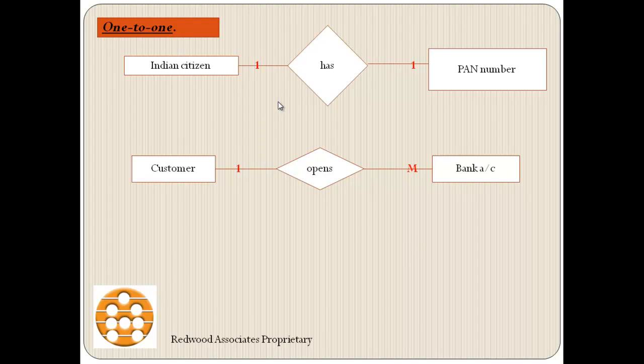However, each account number is associated with only one customer. Let's rephrase it. Each account number can only belong to one customer. An account number cannot be mapped to more than one customer. So this type of a relationship is known as